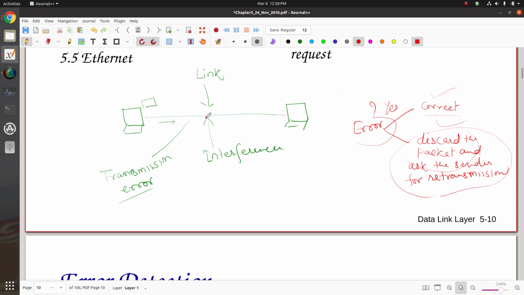So once some error has been introduced by the channel, then receiver should be able to know whether there is error into the packet or not. Okay, now you know that in order to understand whether there is an error into the packet, so suppose this is the packet that has been received with errors. Okay, red packet with errors, and green is the original packet. Let's say this was the original packet that was sent by the sender. So green is the packet that was original, that has been sent by the sender, but this is the received